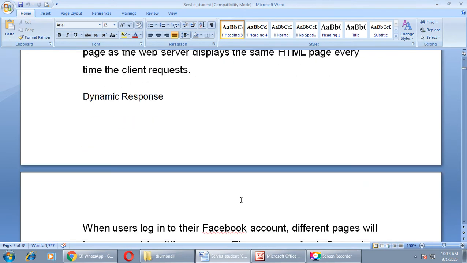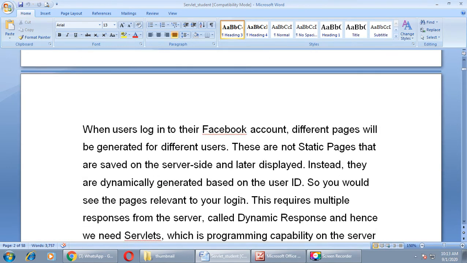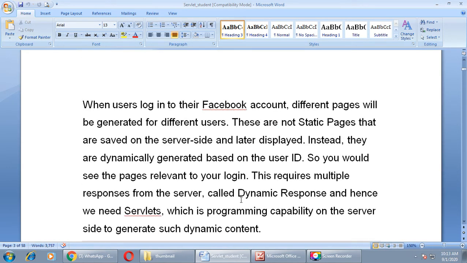Now, what is dynamic response? Dynamic response means when users log into their Facebook account, different pages will be generated for different users. Every time you will get a different page on a Facebook account whenever you enter the address of your account. These are not static pages that are saved on the server side and later displayed. Instead, they are dynamically generated based on the user ID.